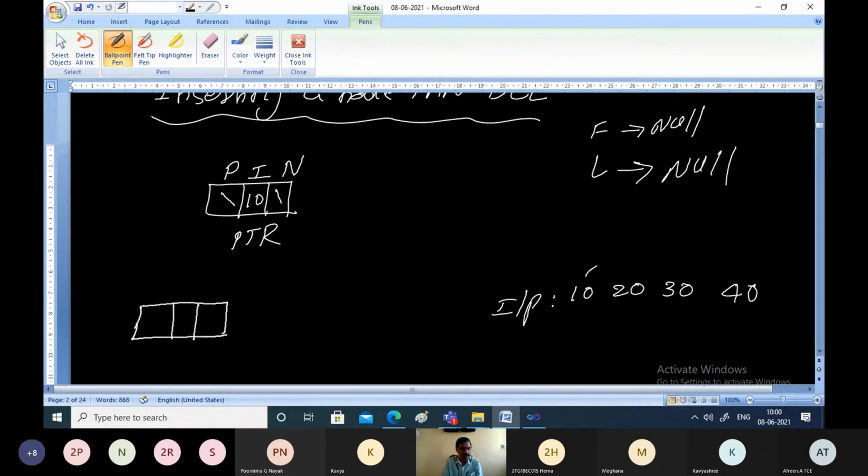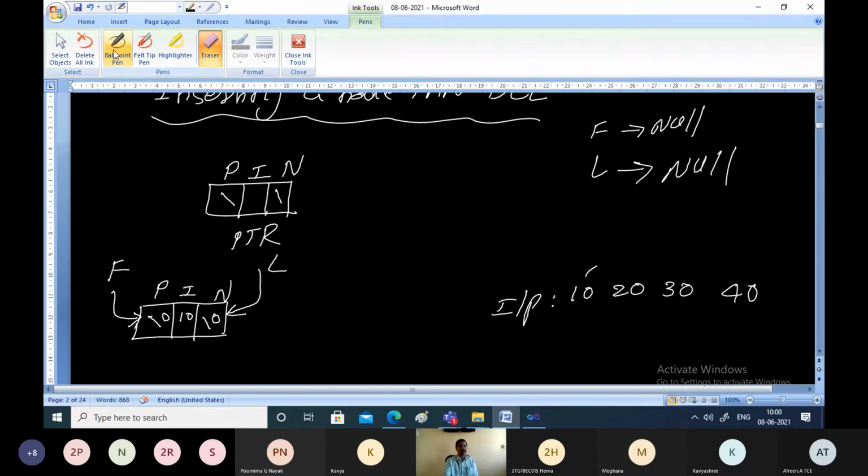This is the linked list we are creating.